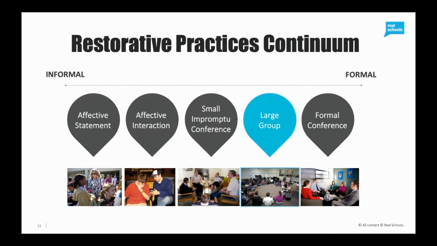I do it because my instruction's easier when I work in a circle. So give that some thought and check out the further resources available to you on that. And then also there's formal conferencing. That's the last step there, which is about saying that this is where we use the restorative questions as